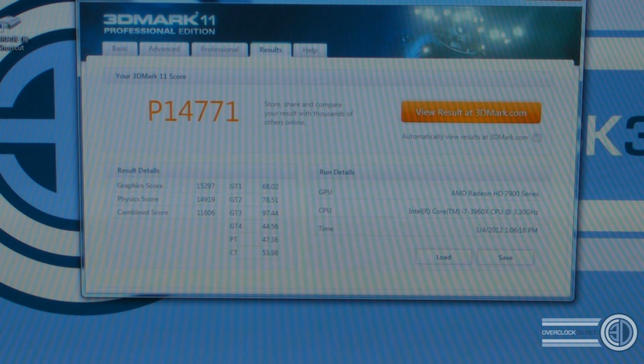Right then peeps, first of the benchmarks, and one thing I do need to stress is all the benchmarks and all the gameplay that we're going to do will be at stock settings for this, but if you want to see the overclock settings as well, remember to click the link underneath and go to the full overclock 3D written review. But 2 cards, 3D Mark 11 P score of